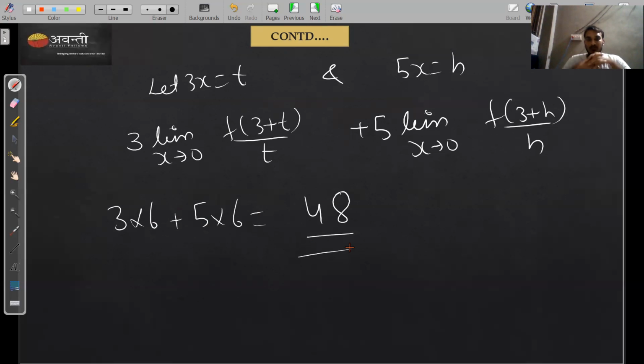So that was your paper, students. I hope each and every doubt is clear to you. The only advice I can give you is to go through each and every question and try to find the mistakes you made in the exam. Whether you took a value wrong, made a mistake in the plus minus sign, or filled the options wrong, whatever the mistake is, rectify it and try to improve in the next paper.